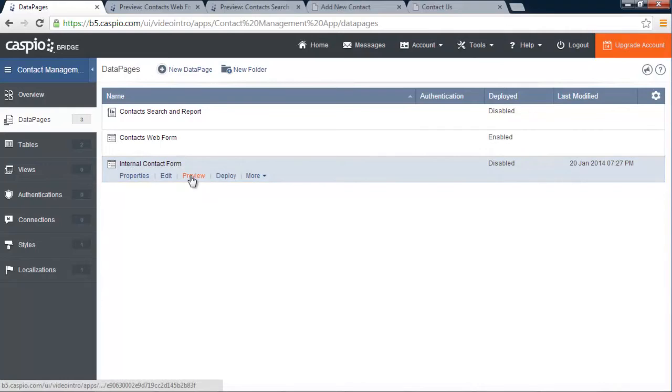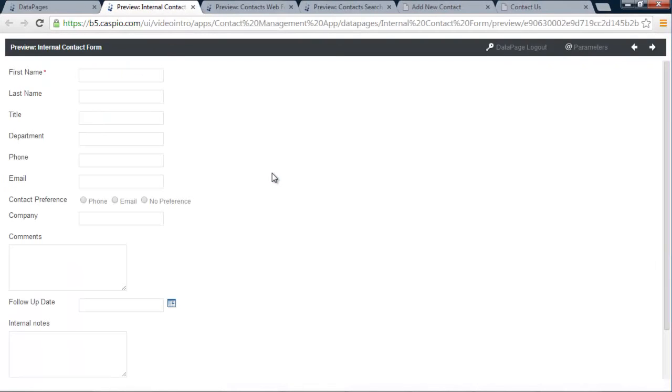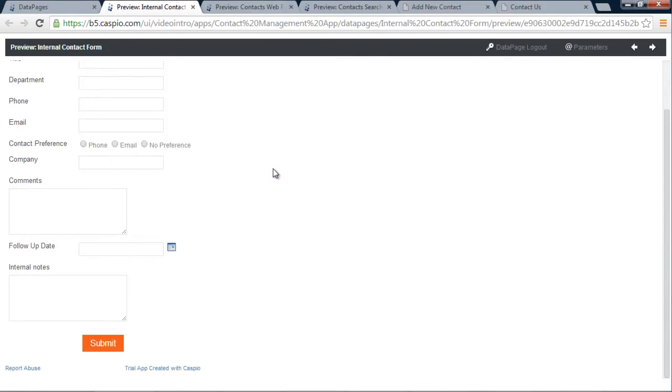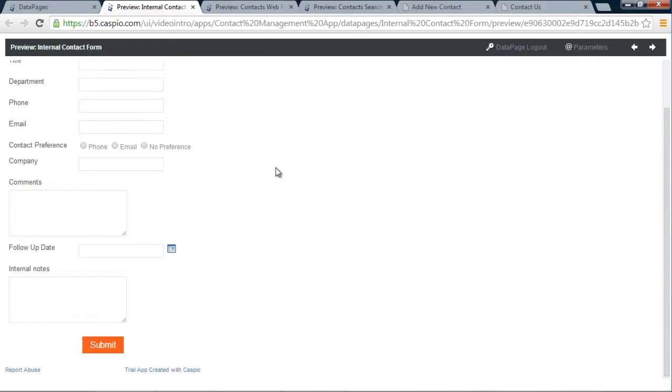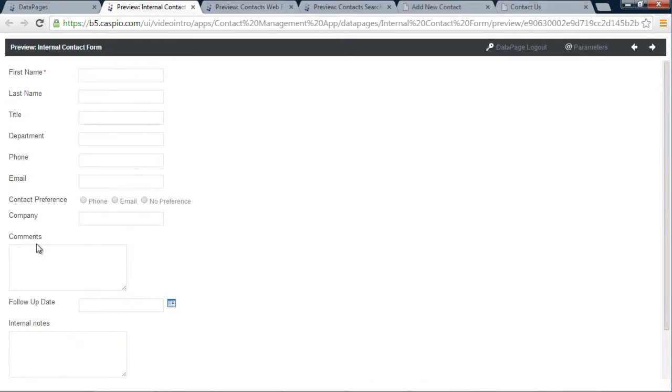And now let's go ahead and preview this form. And there is my add a new contact form that's built. We probably could have removed the comment section because we don't need to put that in, or you can leave it if you'd like. Let's go back to our account now, and notice that each one of my data pages